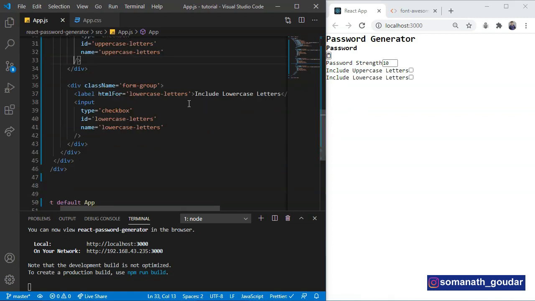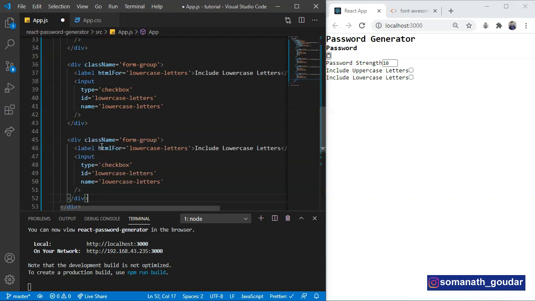Let's create the same for numbers and the symbols. This is going to say include numbers. This is going to be a type of checkbox.